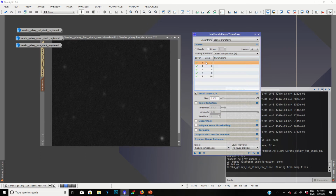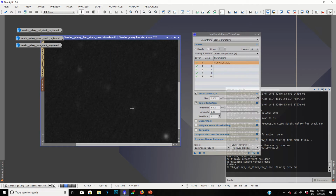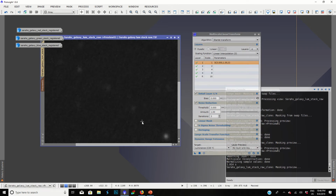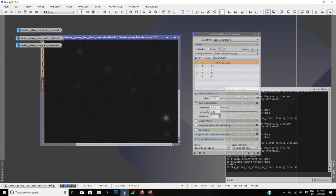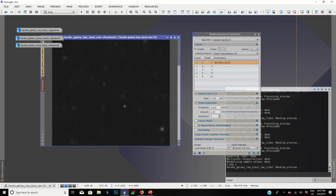Layers for noise reduction. So all we're going to do here is for layer, hit noise reduction, and down here for target, you want luminance. And that's all that we're going to change right now. We're going to go ahead and apply it. And you can see here that it definitely did reduce some noise. If you do want more noise reduction, you can increase the iterations or you can increase the threshold. So let's go to 3 iterations. That definitely reduced it. So let's say that's still not enough, and we go up to 6. We should see a much bigger difference. It's starting to get unnoticed. You see, it's barely noticeable from far away, because it's super fine. I'm just gonna go ahead with the 3.0, and I'll just go ahead and do 2